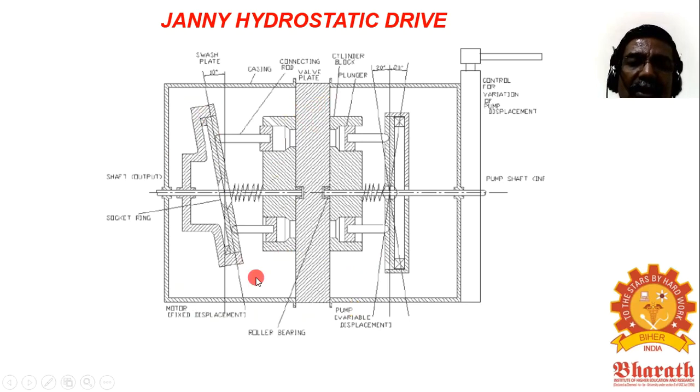Then this swash plate is permanently fixed at some angle actually. This angle is fixed. This is not a varying one. If you keep this at some angle, then whenever the pumping action takes place, because of this angular position, this can have a kind of rocking motion. Because of this rocking, you will get the rotation in the output shaft. So that is the logic actually.